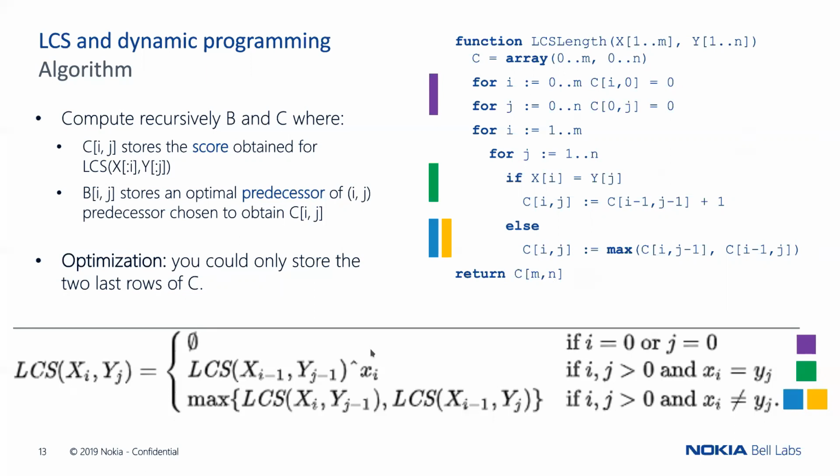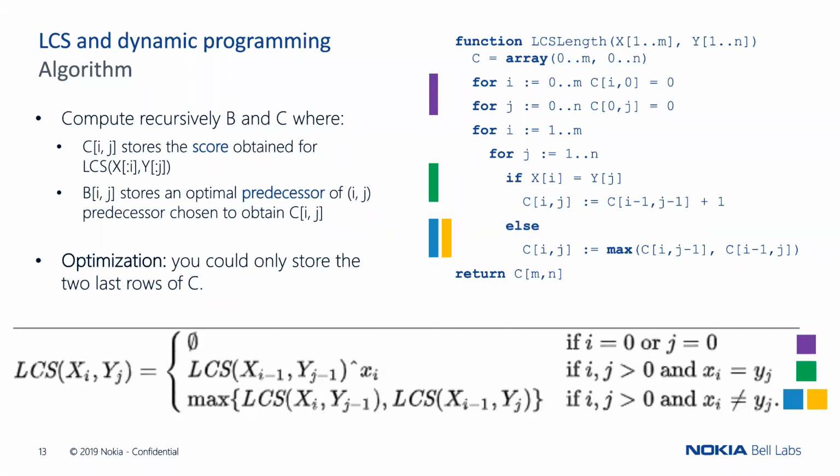Okay, so now I recall why in Wikipedia they use a hat. This is because here what they call LCS is the LCS and not the cost of the LCS. And here you just perform a concatenation of operations. So here you have a string, and here you have a single character. So this is basically what you would do with the backtracking matrix, for example, depending on what you want to store.